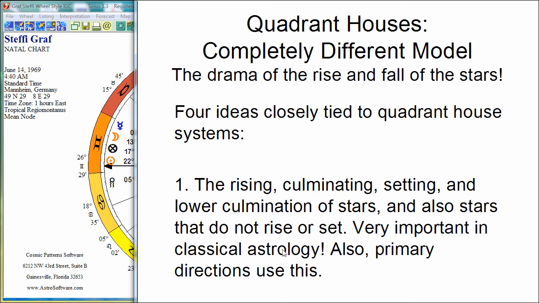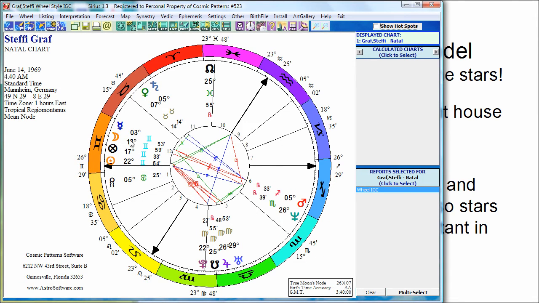This is very important in classical astrology. The same tradition of astrology that emphasizes quadrant houses, emphasizing this rising, culminating, setting, and lower culmination. Primary directions, a major forecasting method used in classical astrology, heavily used by Kepler and Quadrant and other late medieval astrologers. They were astronomers as well, and they're studying this diurnal cycle and how the planets, the speed at which